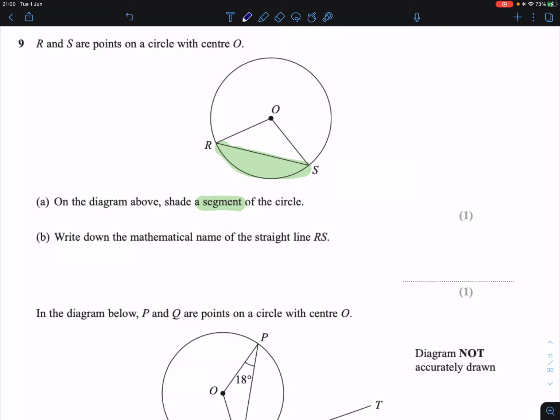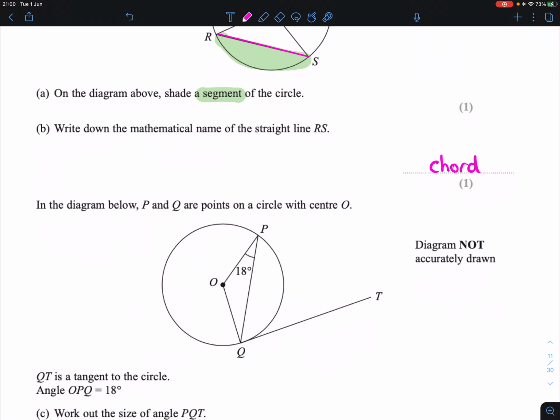Part B, I already mentioned it, but write down the mathematical name given to RS. A straight line that connects any 2 points on the edge of a circle is known as a chord. You can think of this in terms of a guitar. With strings, you've got chords, and even just seeing it, these straight lines going through a circle like that, that's how I remember it. Anyway,